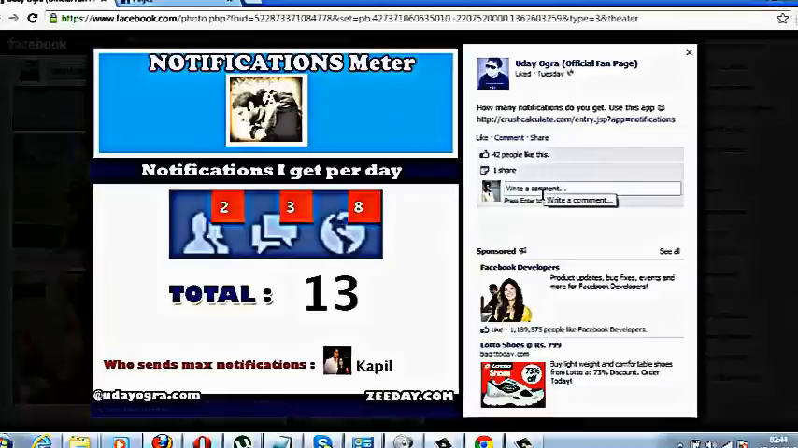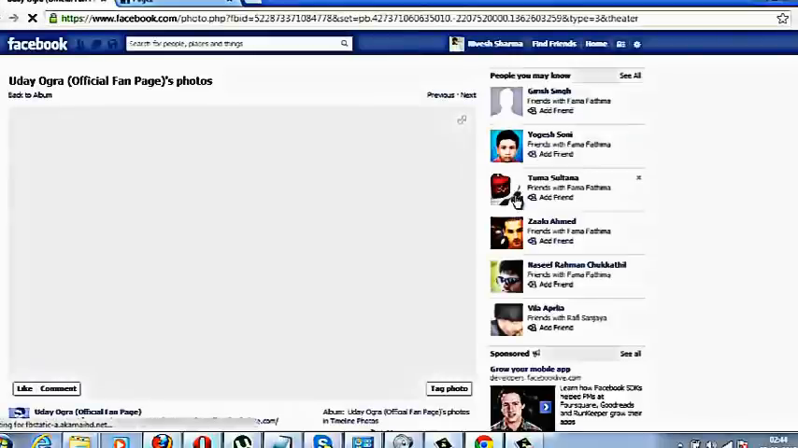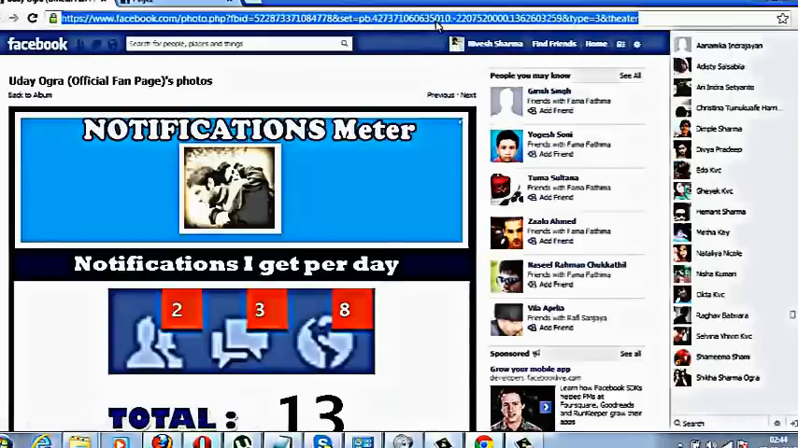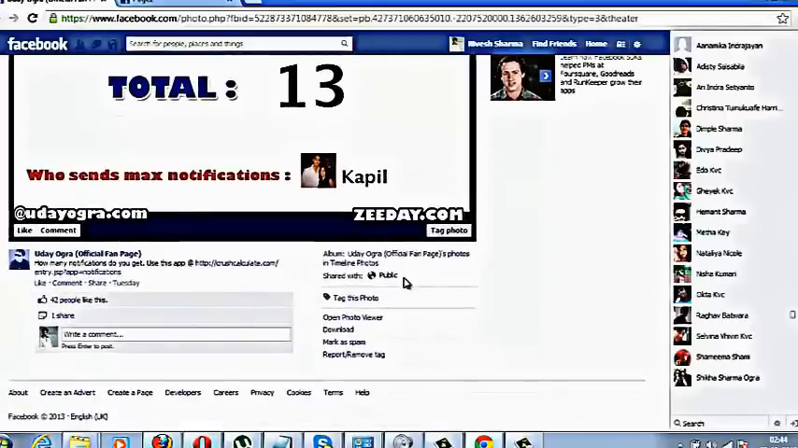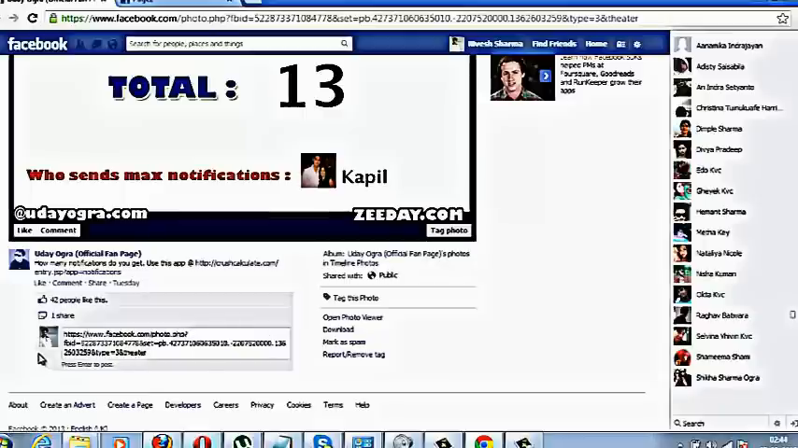Now what to do if you have to put a comment and share something? Here again you should not share the link of the app. The best way is to share this photograph. For example, let's see what the link of this photo is. I have pressed F5, so this is the link of this photo. If I copy this link, which I've already shared on my page, and paste it as a comment and write something,